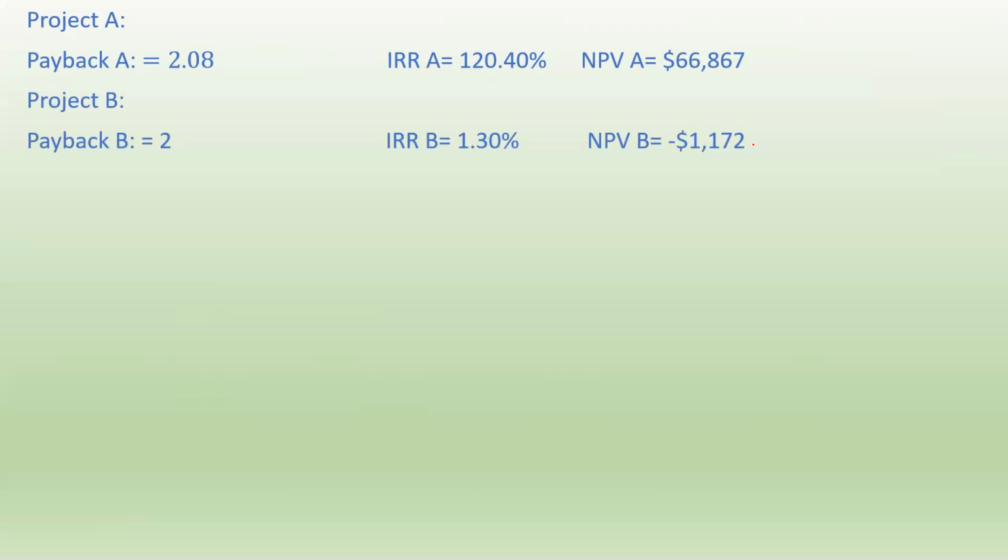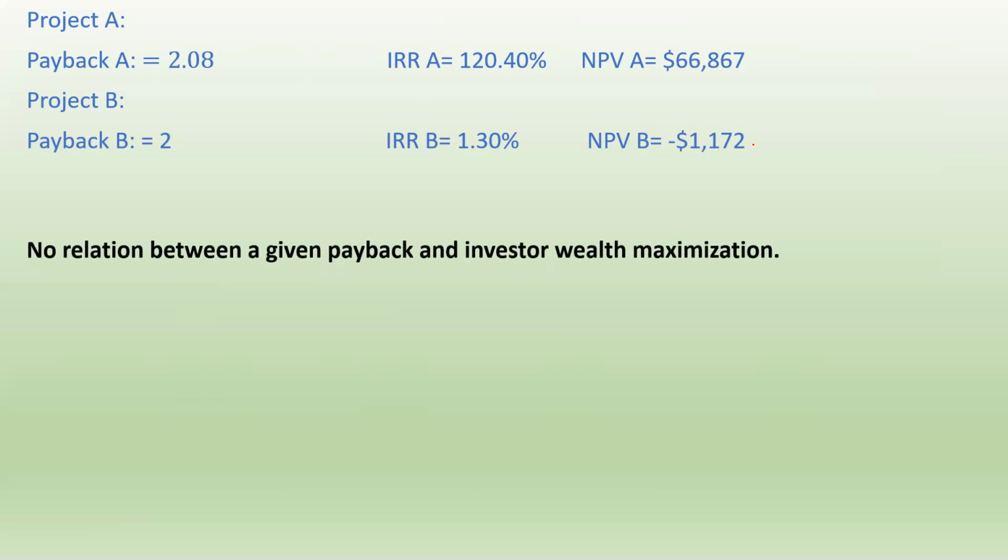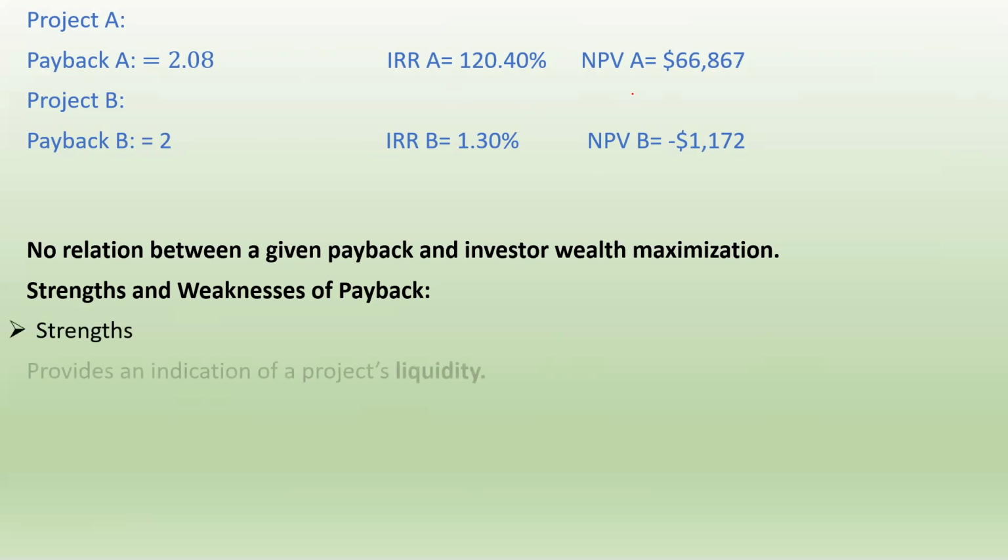This is what I gave to you. So there's no relation between a given payback period and investor wealth maximization. You can see even though B has a slightly smaller payback period, the IRR of B is much less than the IRR of A, and the NPV of B is also less than the NPV of A. So the strengths and weaknesses of payback period: it provides an indication of a project's liquidity,